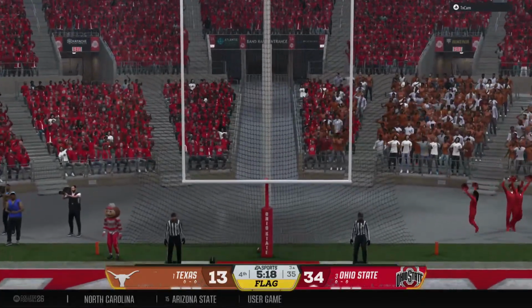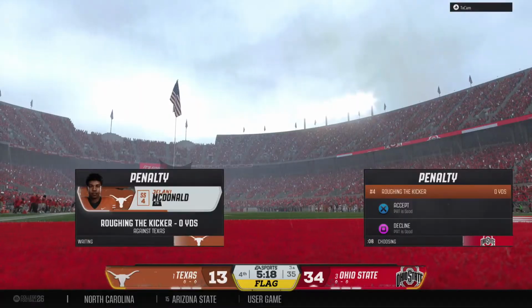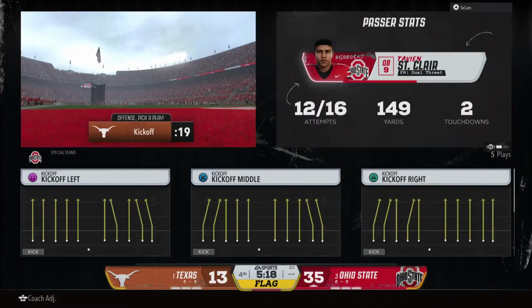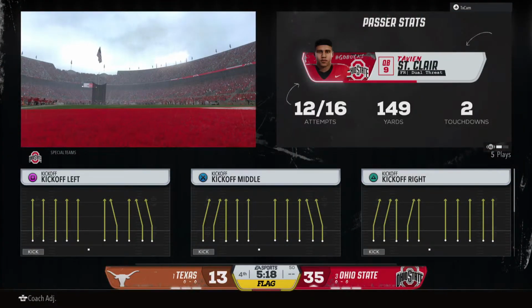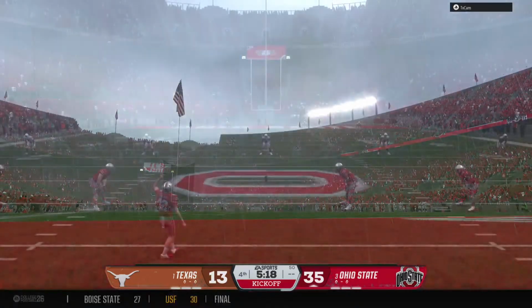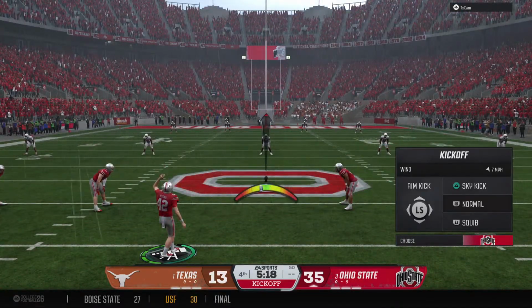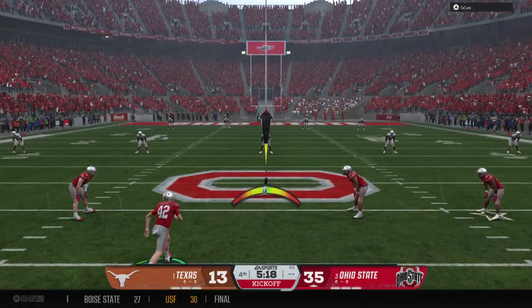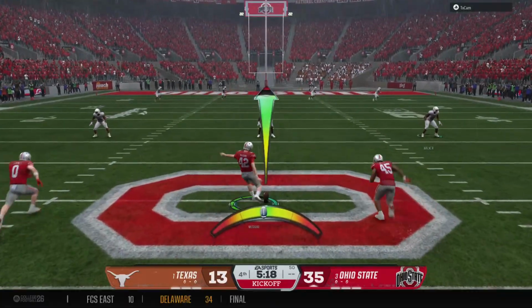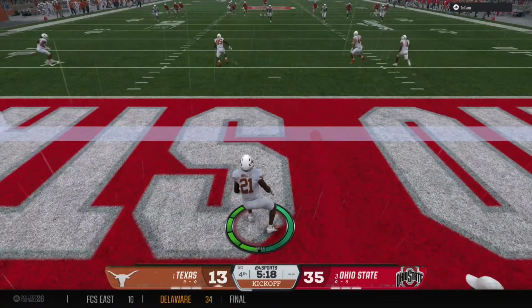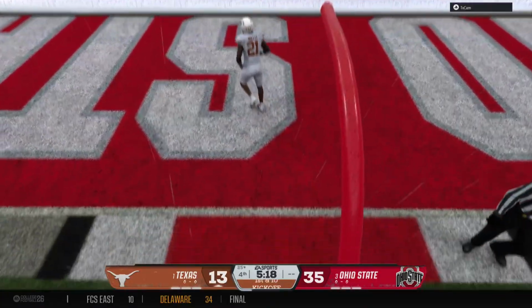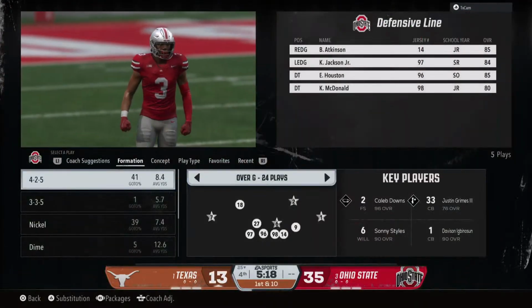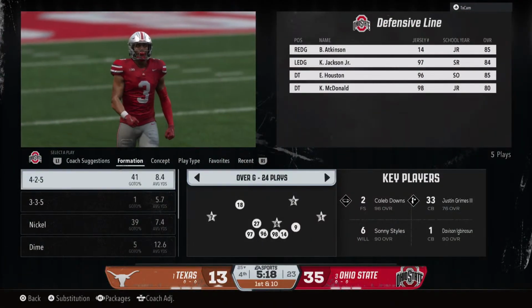PAT is good. They slammed into the kicker, and penalty markers are down. Pretty easy call for the head coach. He will accept that penalty, of course. So after putting up the touchdown, the kickoff team is out there to boot it away. That's a deep kickoff, hammered out the back of the end zone for a touchback.